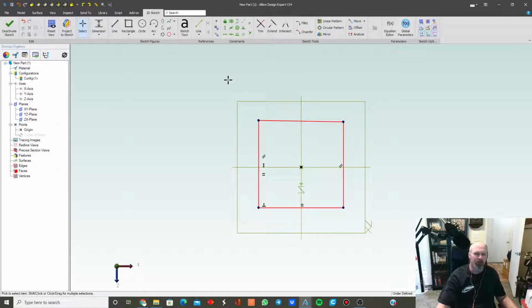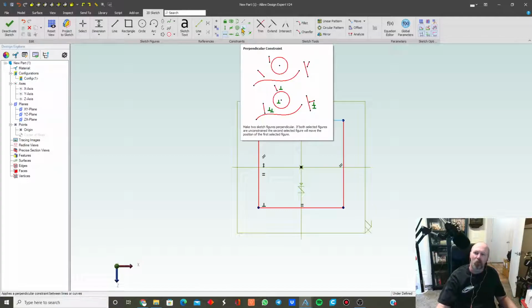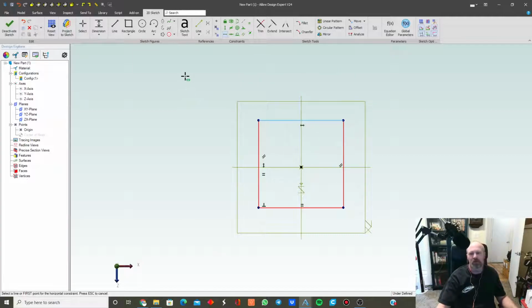Tangents. I'm assuming you know what some of these symbols mean right away. So let's go ahead, horizontal constraint, and lock that one in. The other way to do that is a square constraint or perpendicular constraint. So you can select that, and you could have put those in the corners. The other thing we'll do here is symmetrical constraint, and we'll click the Z-axis,